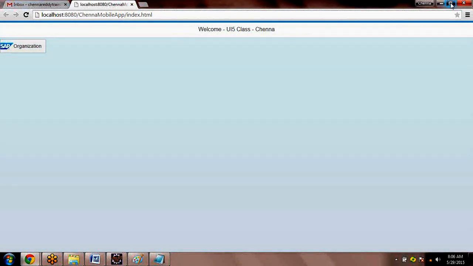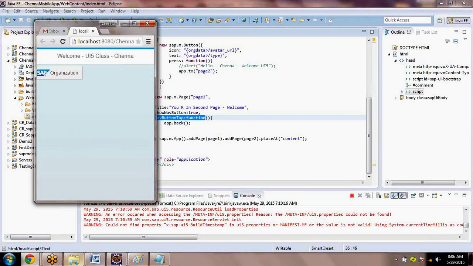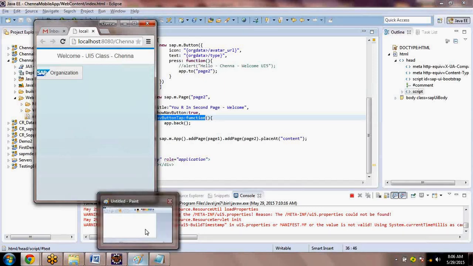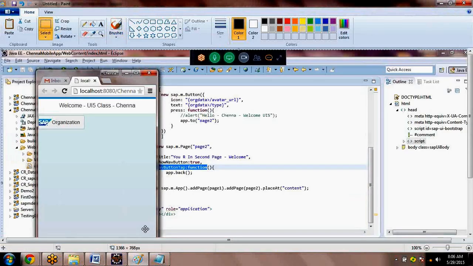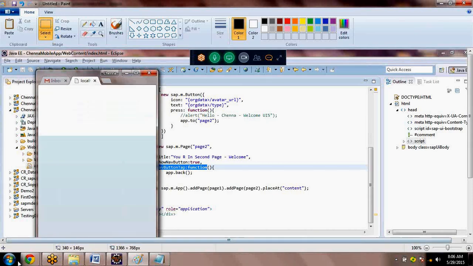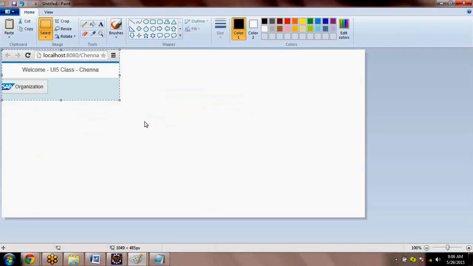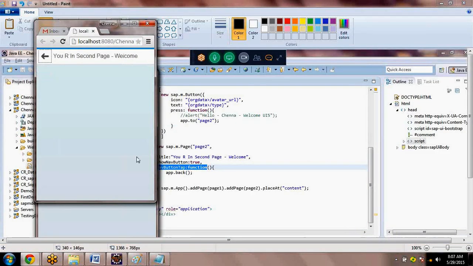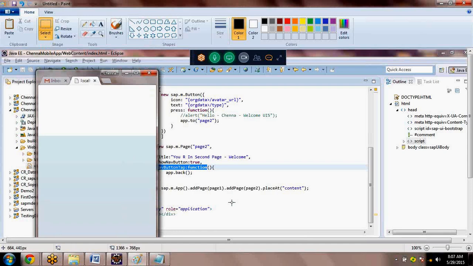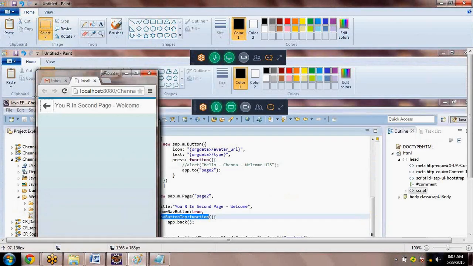So this is another program. Now let's see one more thing. So let me put this one into the requirement. So this is one program. This is the initial result. Now when I click on the button, I am going to the second page. Very good. When I click on this, I am going to the second page. Yesterday also we have seen this, but I would like to extend this one more with whatever questions she asked.